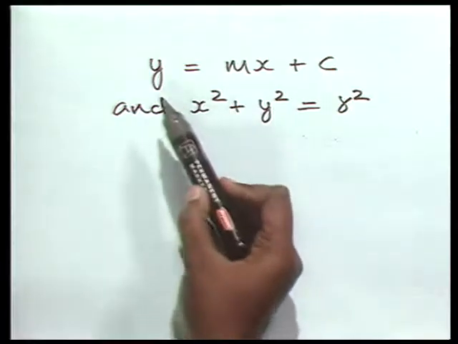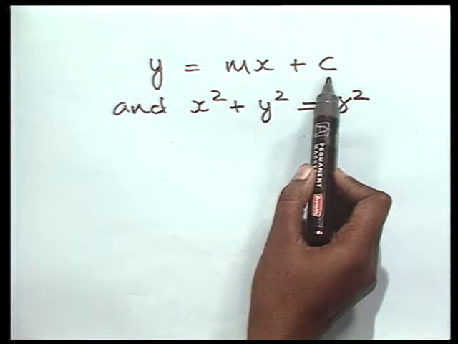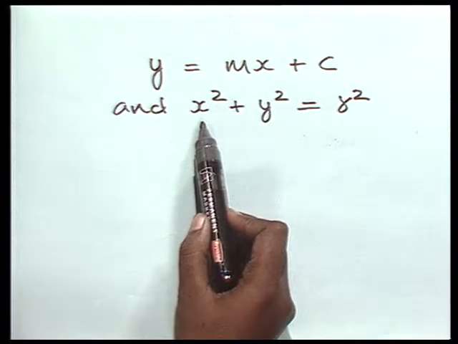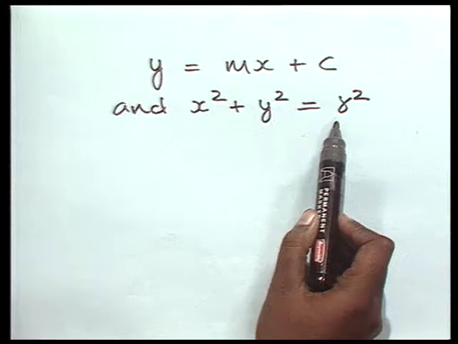To discuss this, let us take a general case. Let the equation of the line be y is equal to mx plus c and the equation of the circle be x square plus y square is equal to r square. Now, solving these two equations simultaneously, we have